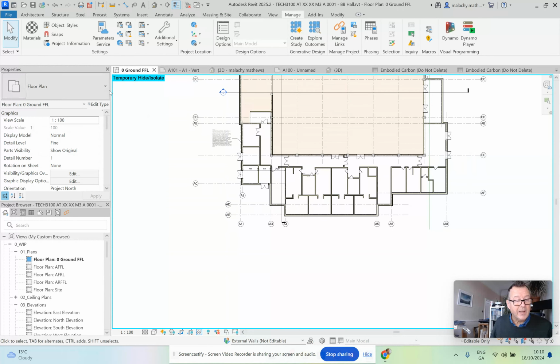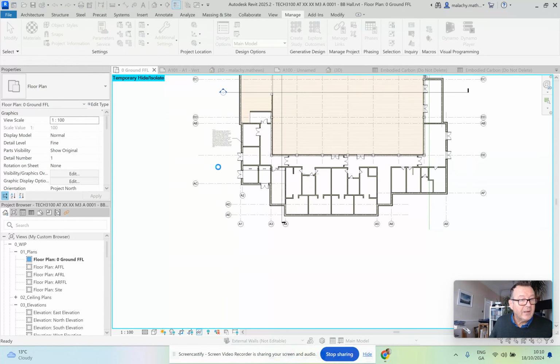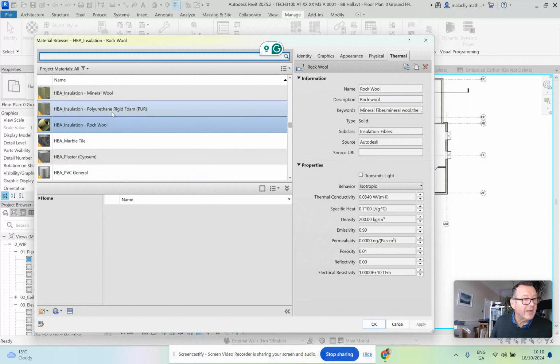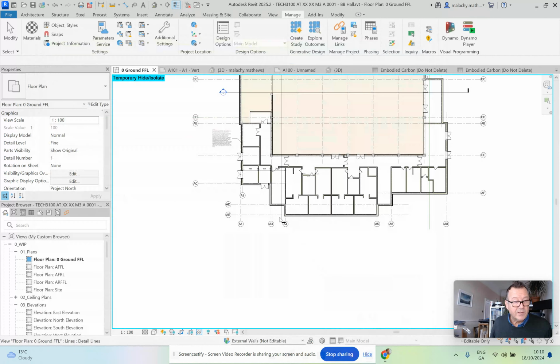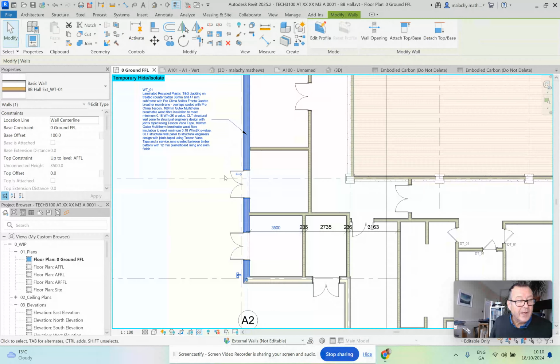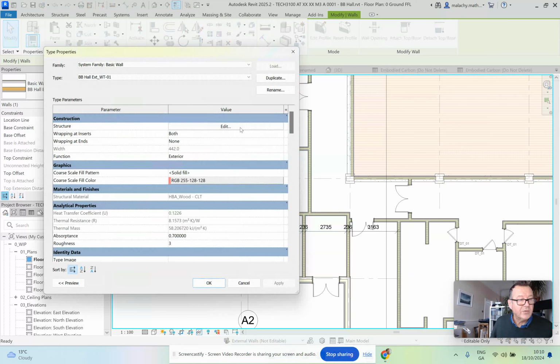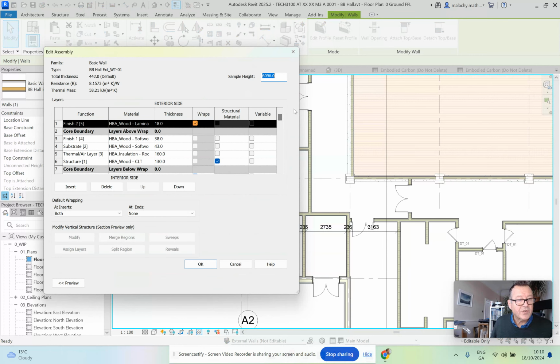So now I'm in my TDS project here, and you can see I've got all those materials there. Now, what do you do with those materials? So we're coming into my exterior wall type, and I'm going into the type properties and into the structure here, and you